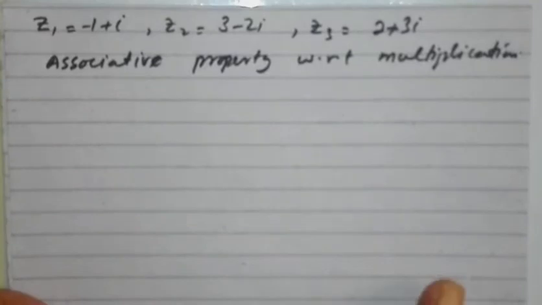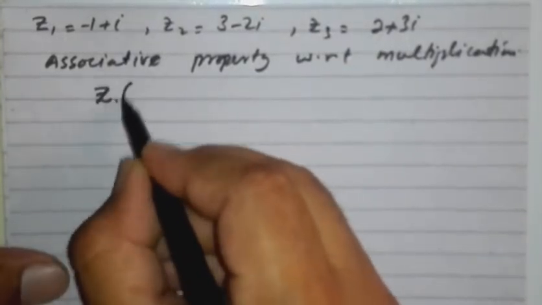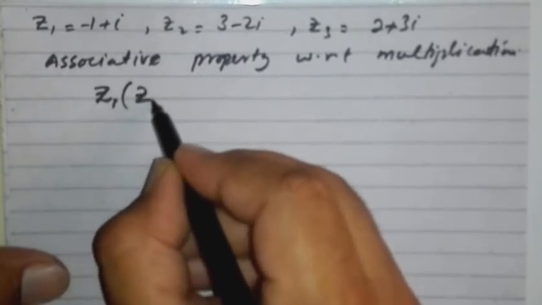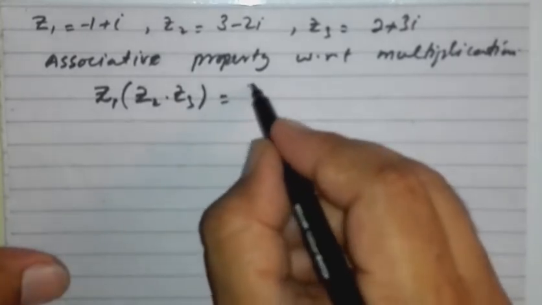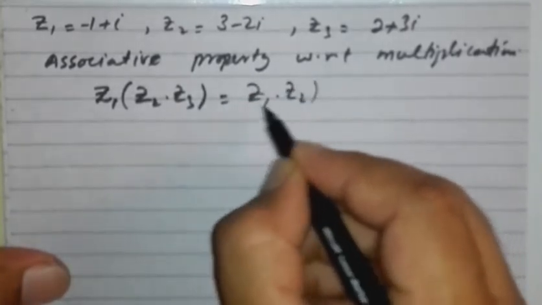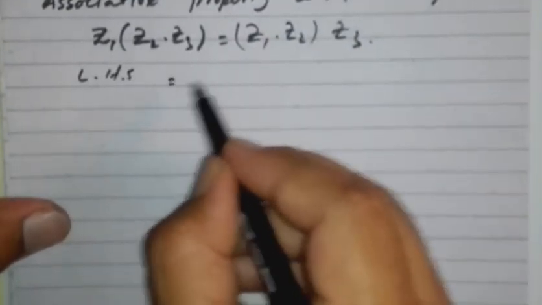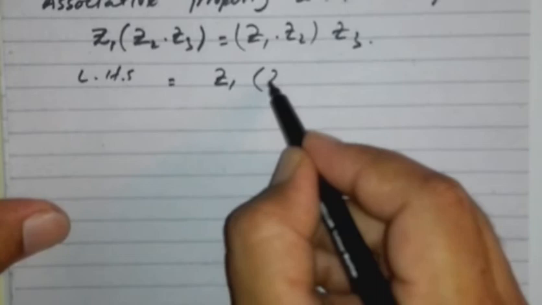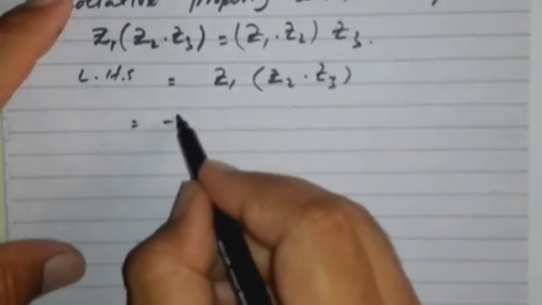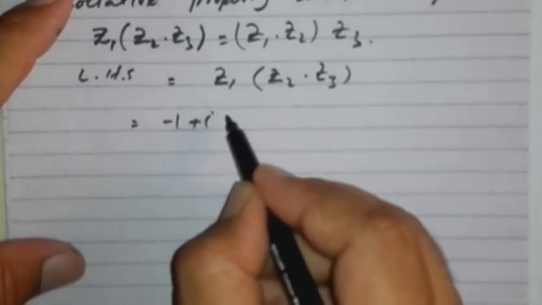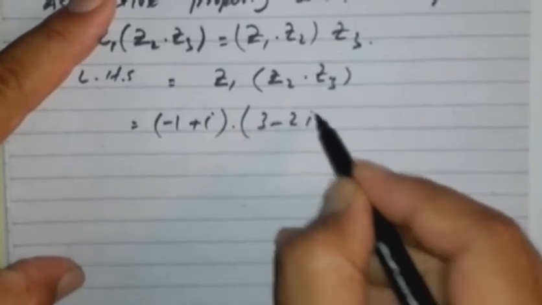Now associative property with respect to multiplication, which is Z1 into (Z2 into Z3) equals (Z1 into Z2) into Z3. Left hand side, (Z1 Z2) into Z3. Z1 value is minus 1 plus iota, Z2 value is 3 minus 2 iota,